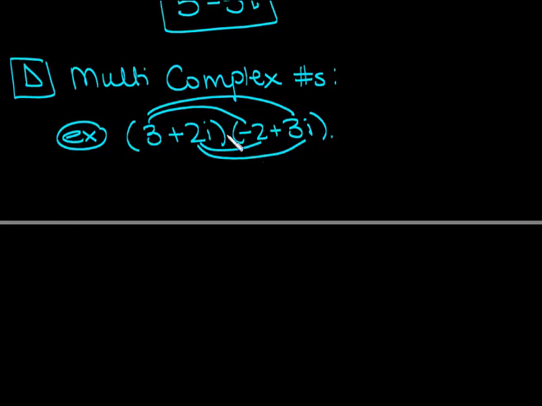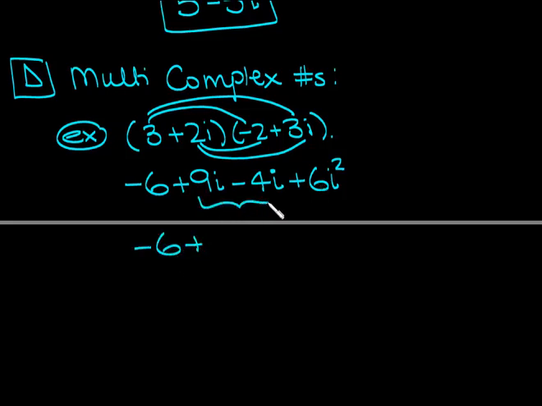So let's do that. 3 times negative 2 is negative 6. 3 times 3 is 9i. You just treat that i as a variable. 2i times negative 2 is negative 4i. And then 2i times 3i is plus 6i squared. Okay, so now we collect the like terms. So we have minus 6 plus, I can collect these i terms, so we get 5i plus, now here's where